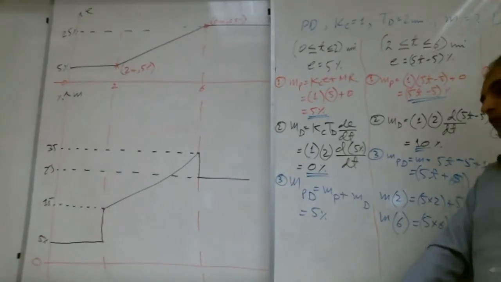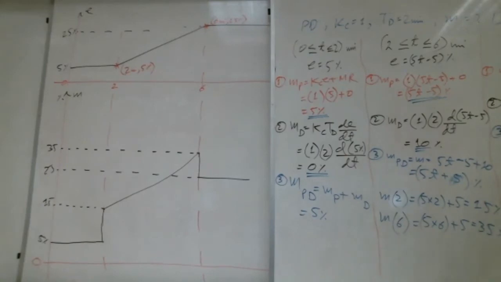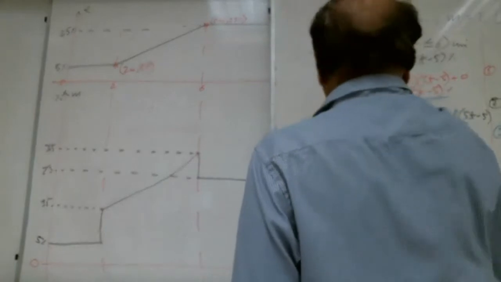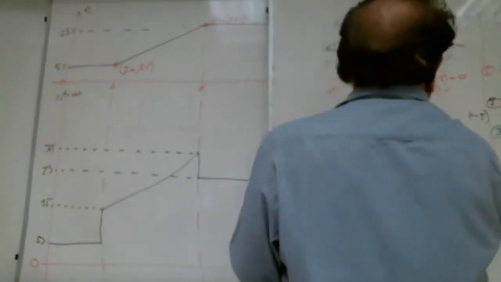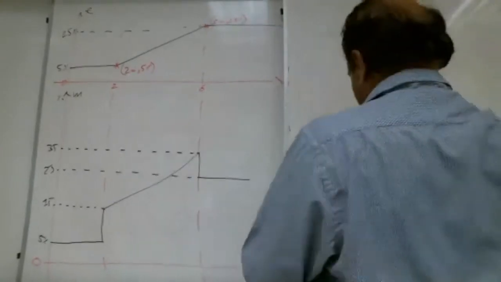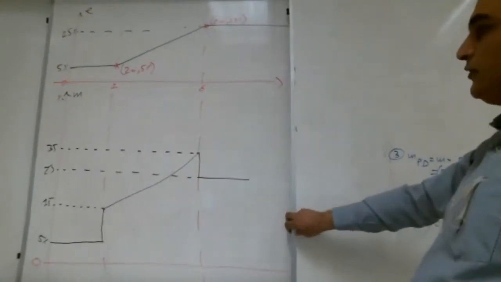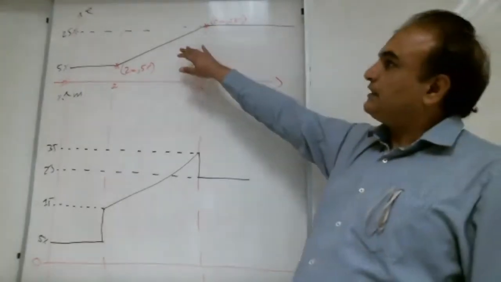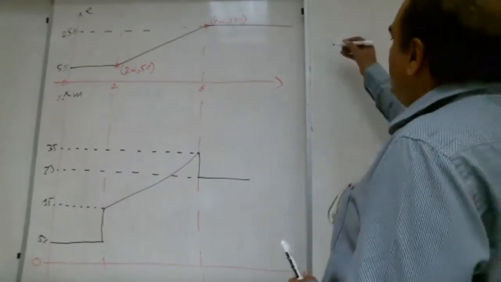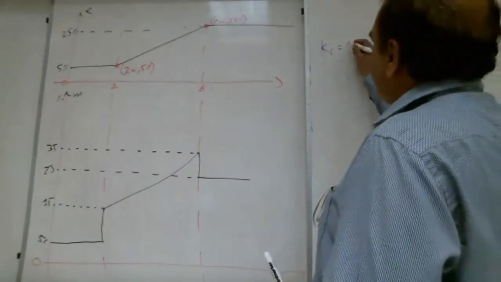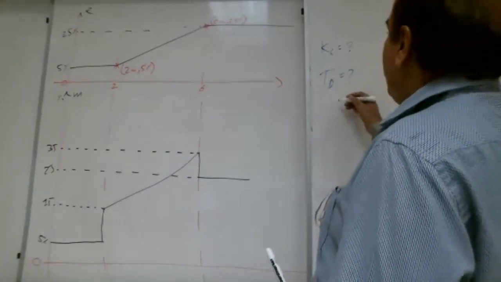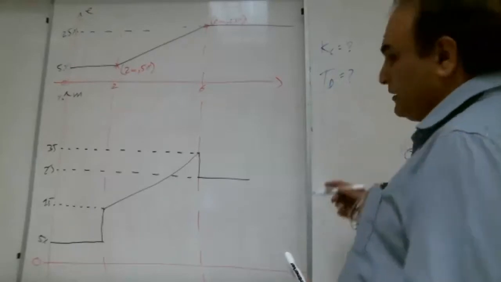Okay, that's good. Now I have a question for you, brothers. All the brothers, I have some questions, so I will write them here. First of all, this error is given, this output is given, right? So we need to find KC, we need to find TD, right, Shabab? And KC, TD, what else?